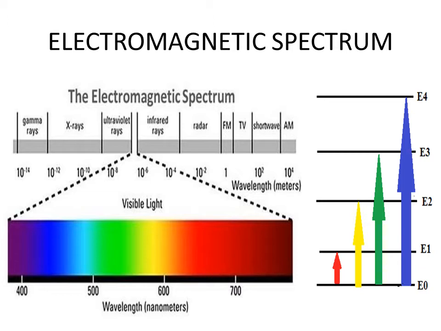So when we say a photon is having a particular color, it only means its frequency is such that when you calculate h times nu, that energy will match with this energy level diagram that you have on the right side. Okay, so when I say the color of a photon is red, what does that mean? It just means it is in the red region of the electromagnetic spectrum.